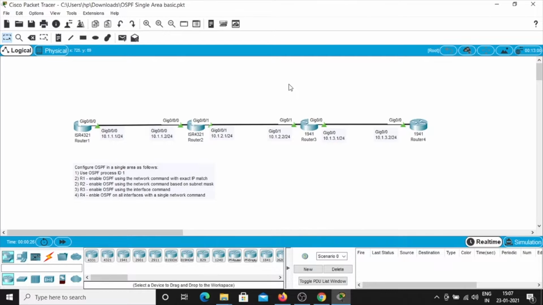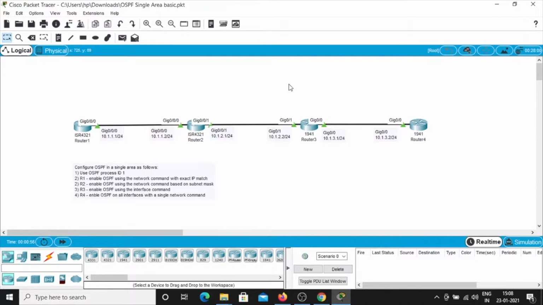I have already assigned the IP addresses on each of the interfaces, along with the loopback address. According to the instructions, we have to configure OSPF in a single area. Firstly, it is asked to use OSPF process ID as 1.